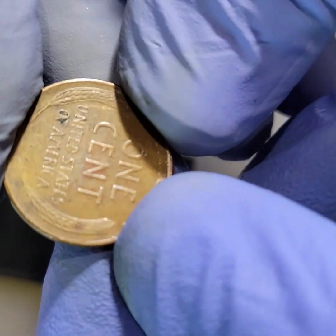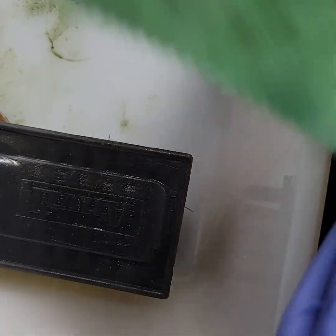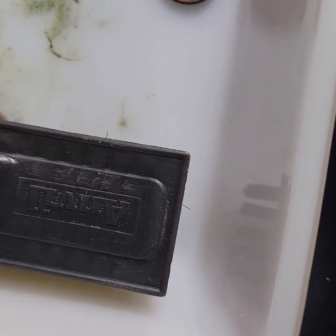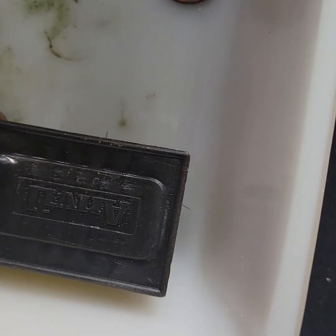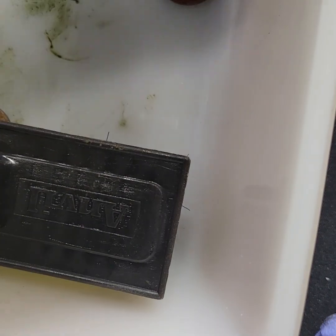There was stuff on this one. This one looks pretty good, and you could probably repeat. I might even repeat this. I'm glad I took the ones. Look at that. Let me see. So all I'm using is this polishing cloth to see if I can get out the stains or whatever that is. And they're coming out pretty good on this one. So I'm probably going to repeat this for some of them. So these are the ones that I use